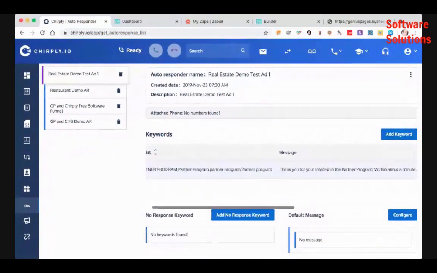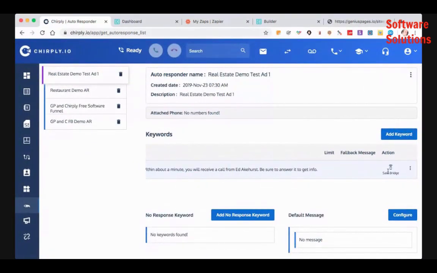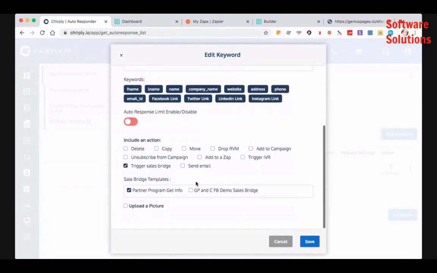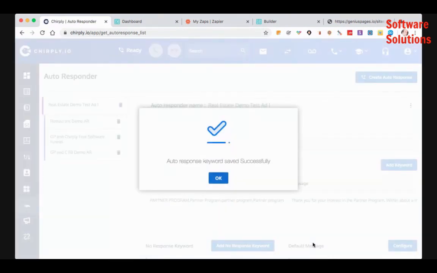Over here, just scroll to the right. You can see it's a sales bridge. We're going to click edit. And now we have to add what that sales bridge is. And there's one right there. It automatically picked a different one because we only had one, but now we have 2. Check that and hit save. So now if somebody texts partner to that telephone number,